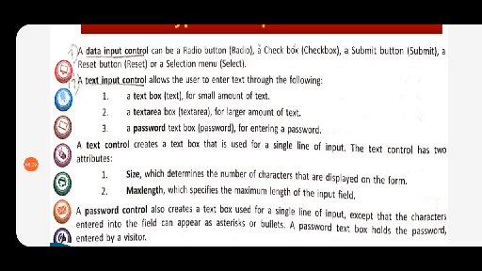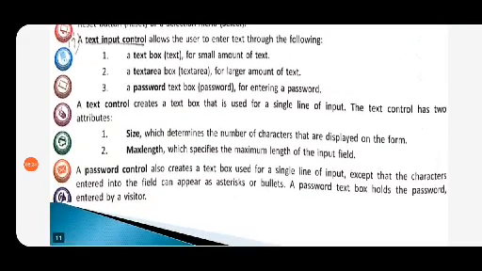You must have entered the data either creating a form or submitting a form online. You must have seen enter password, then that time you won't be able to see the characters, but it will come as asterisk or bullets.